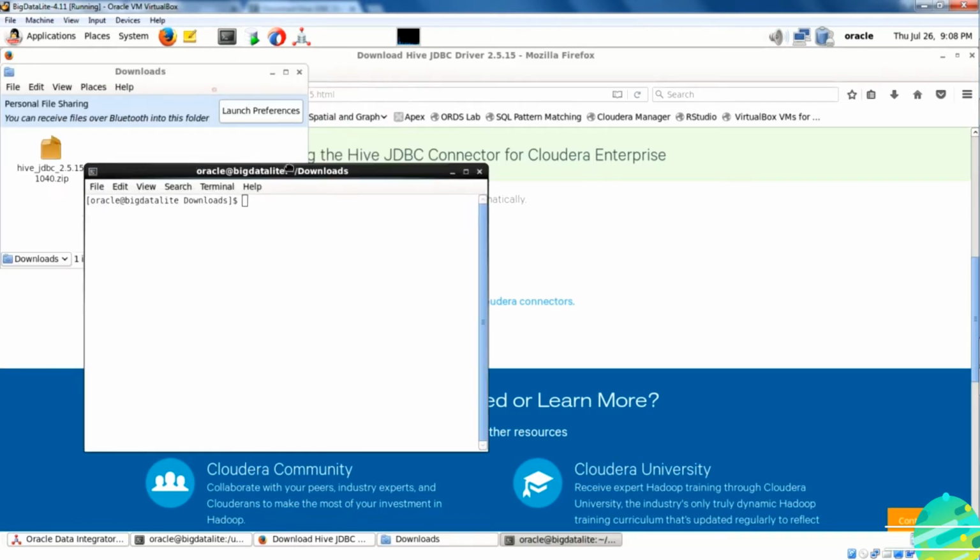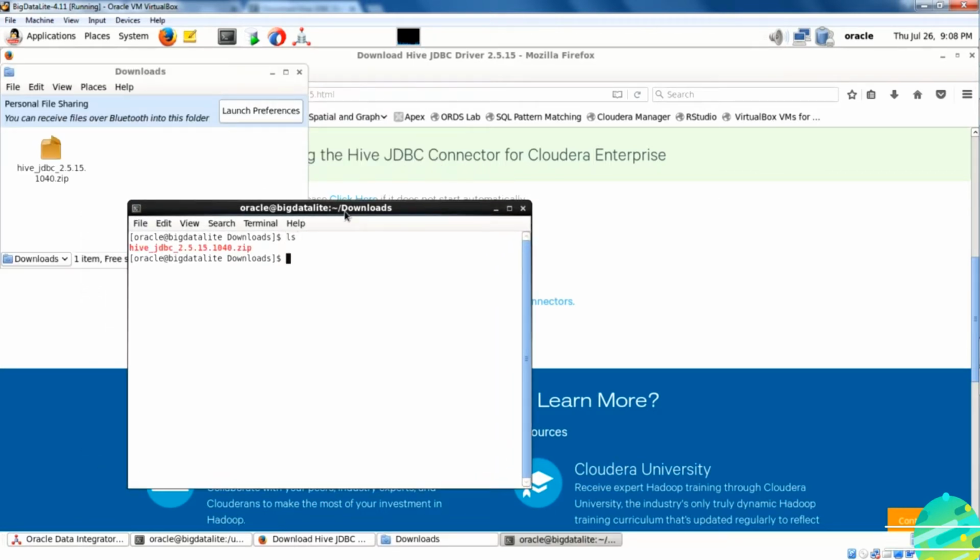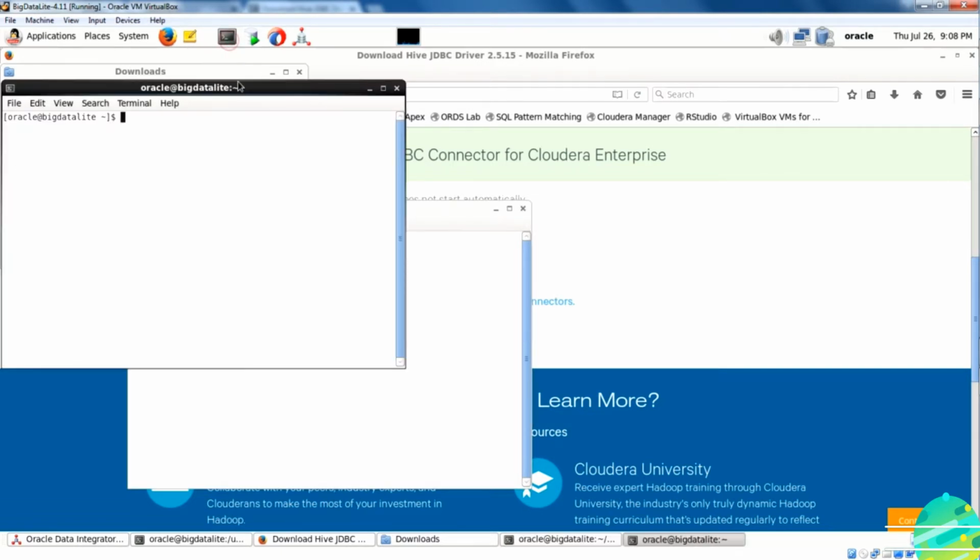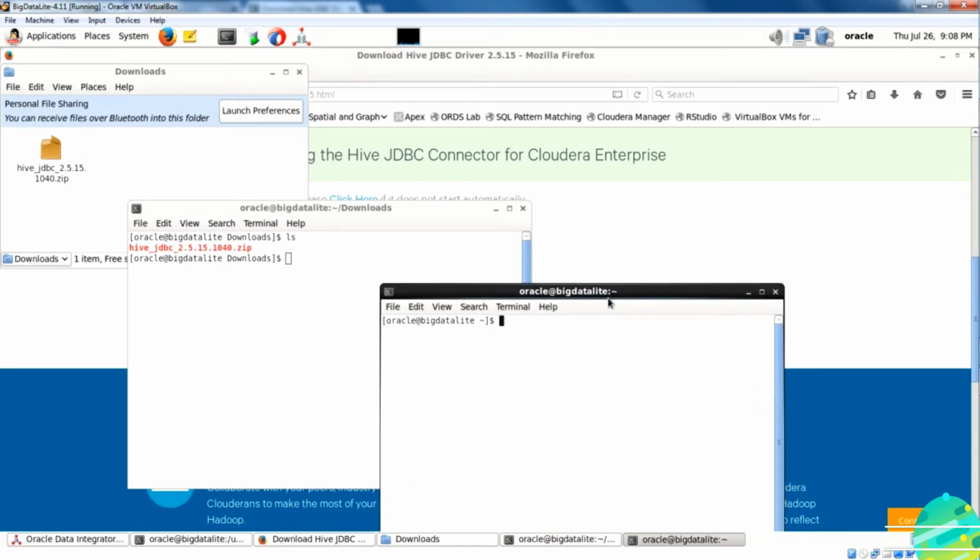You don't have to do that, but I normally copy all the downloads to a miscellaneous folder in U01. So I create a miscellaneous folder under U01 and I move that zip file in that folder.